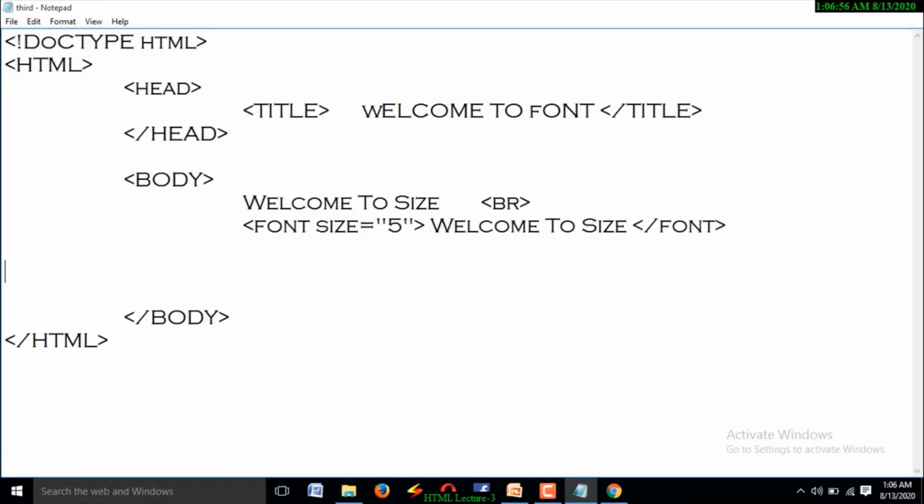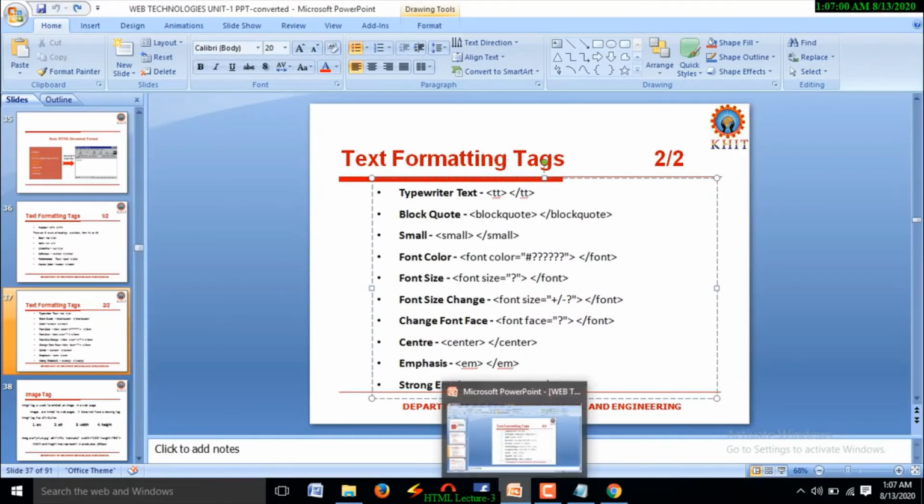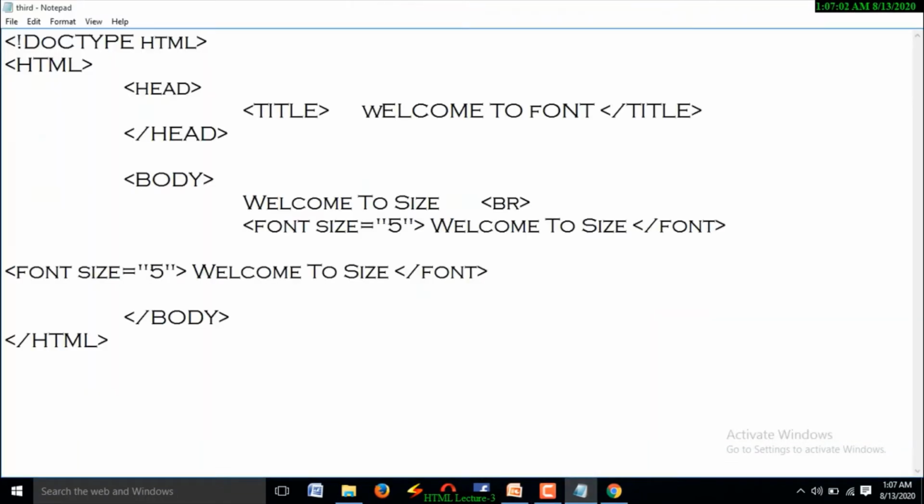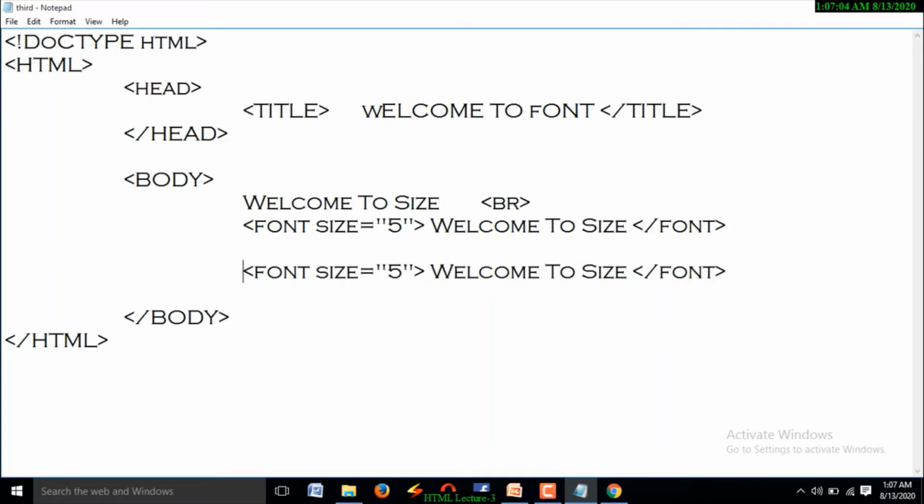Here I am going to write font size. Once again, welcome to size. Here the existing font size is 5.